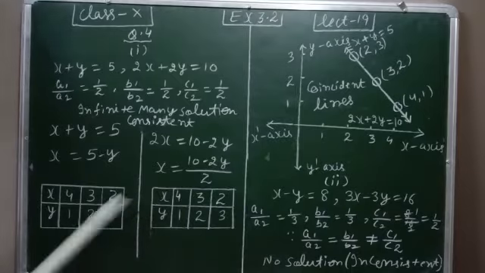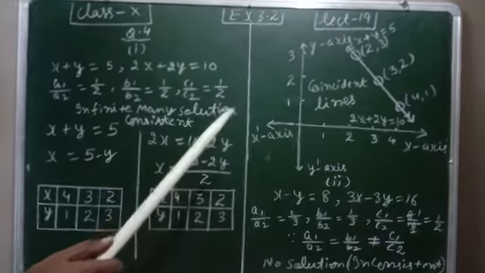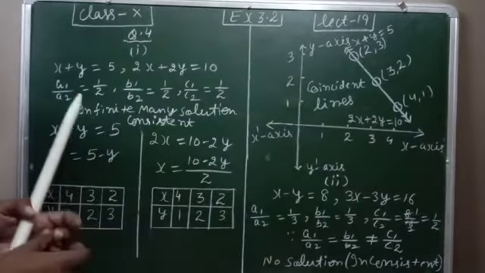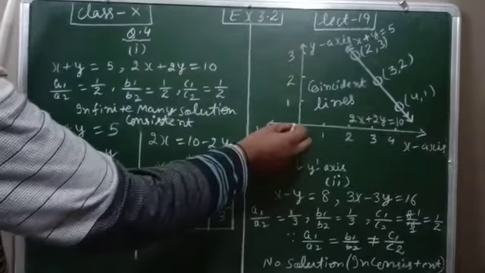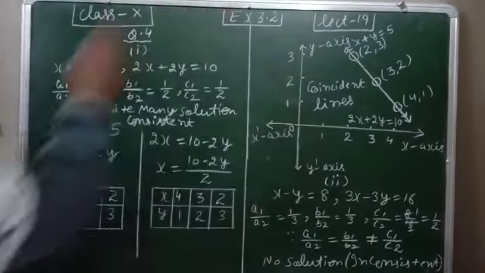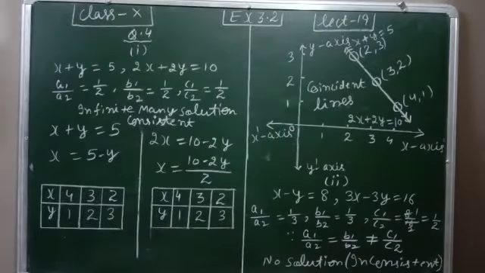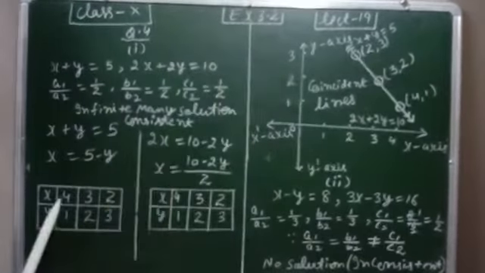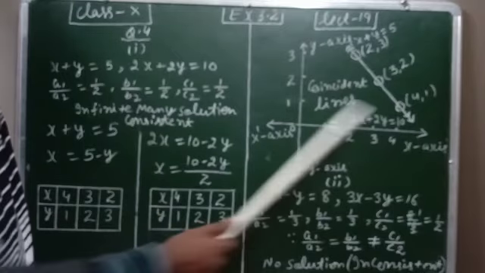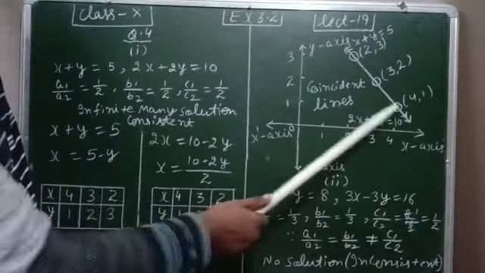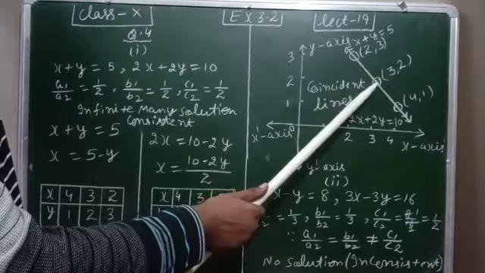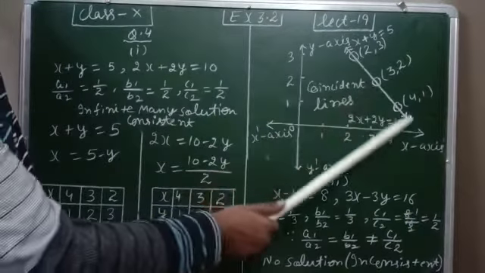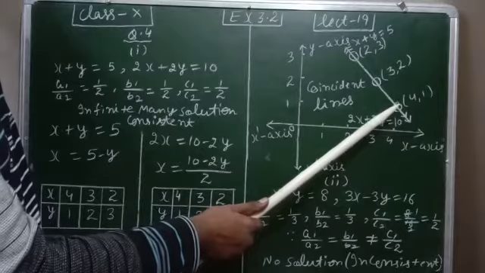Now we have to plot these values on the graph paper. So this is the x-axis, on this side the x dash axis, this is the y-axis, this is the y dash axis, and this point is the origin, or you can say the value here is 0. Let us mark 1, 2, 3, 4 here, and 1, 2, 3 here. First is (4, 1). From here 4, from here 1, so this point represents (4, 1). Then (3, 2), this point represents (3, 2). Then (2, 3), this point represents (2, 3). Let us join all the points. We always get a straight line.